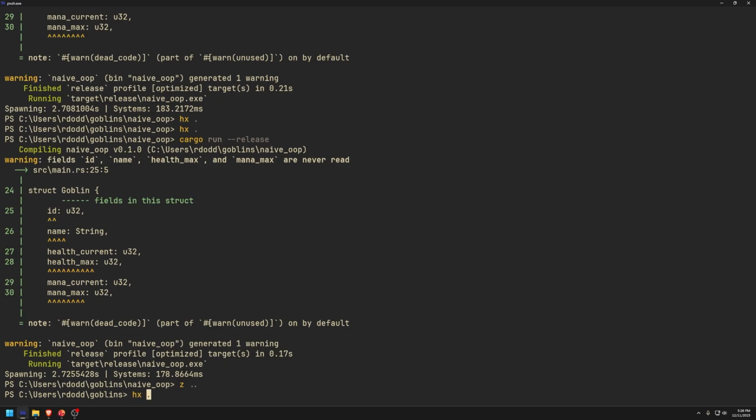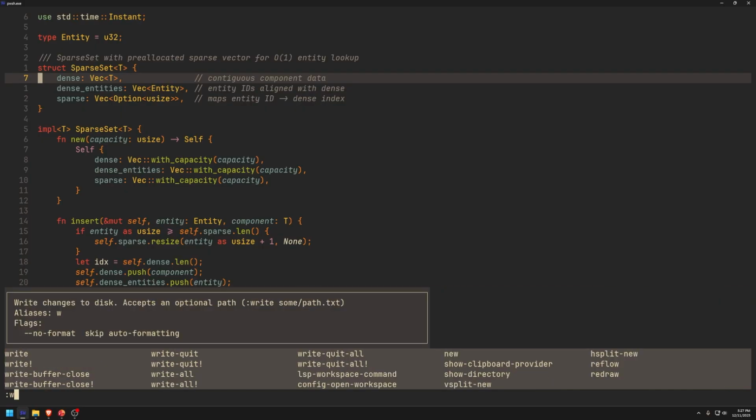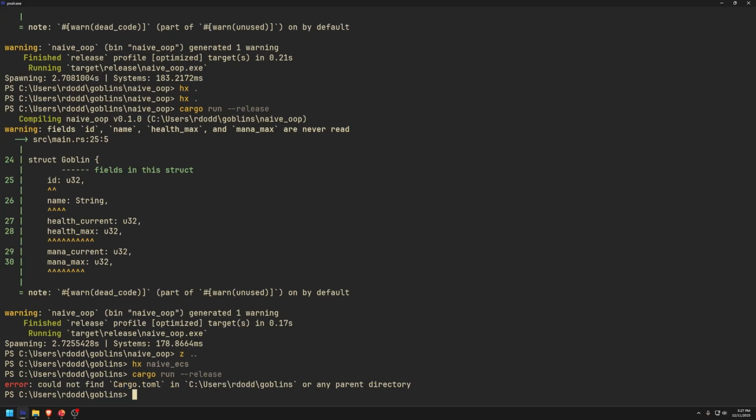So we now have the naive ECS approach, which looks remarkably simpler. This uses a sparse set, which is basically a data structure that combines the benefits of a hash map with that of a vector. So it allows you to iterate over things as if they're a vector, but it also allows you to address things directly as if they were a hash map. And if we run the same example,